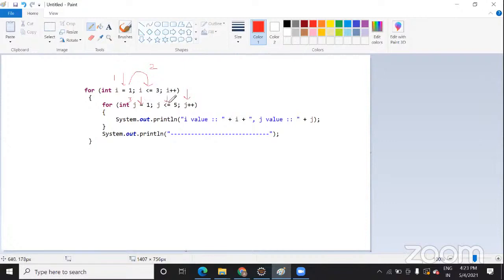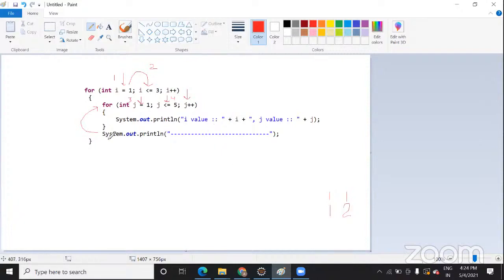Sorry, the third step is initialization. Fourth step, you will check the condition. And when you come inside, you will print the value of i and j. So the current value of i is 1 and j is 1. Now as you come out of this, the flow will come back here again. Now what is the value of j once your condition is fulfilled? 2. So 2 is less than 5, condition true. You will come inside. What is the current value of i? 1. Correct. j, 2. Correct.